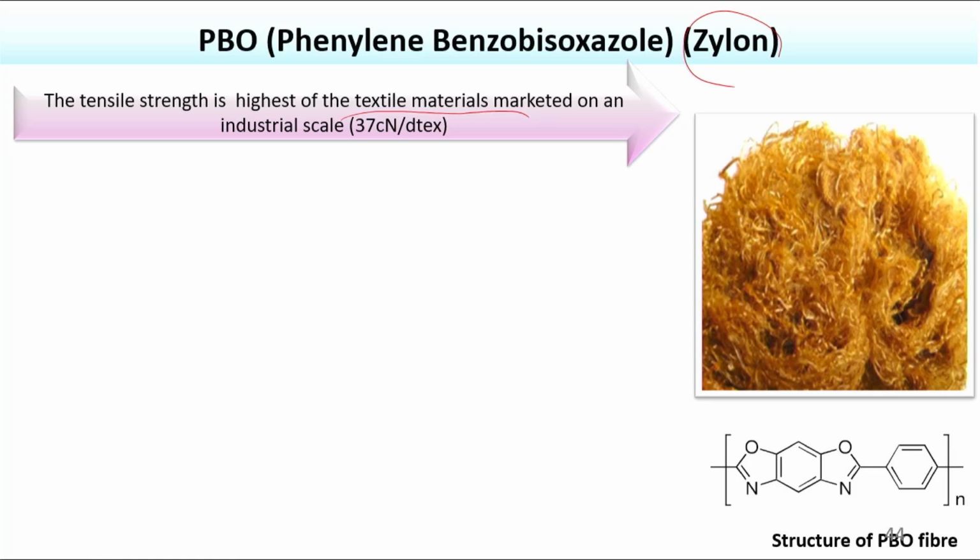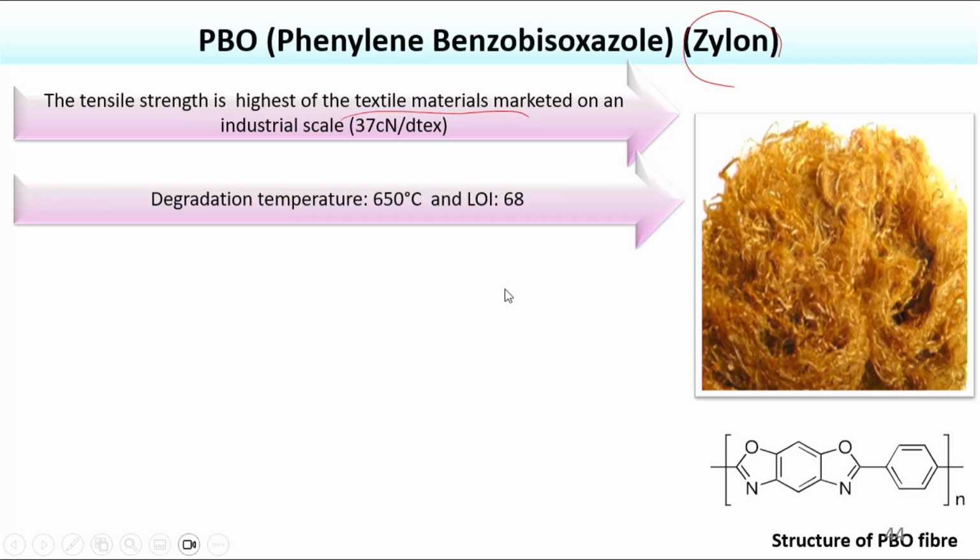So, very good tensile strength, 37 centinewton per decitex, and degradation temperature is very high, and you can see the LOI is 68, and degradation temperature is 650 degrees Celsius, very high temperature resistant fiber,